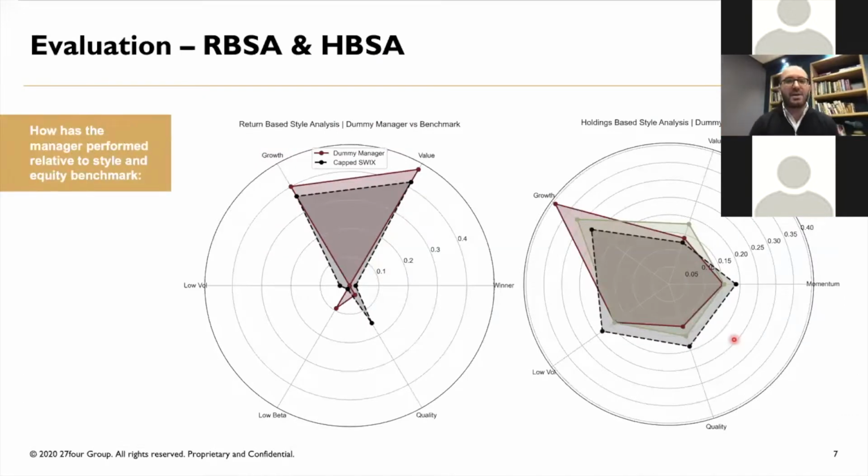Evaluation. So this is the output of the models that we use. This is a returns-based style analysis on this side and a holdings-based style analysis. Even though they look quite different, they actually tell you very similar things. So the first thing is what you can do is you can say, we've run this on a dummy manager,